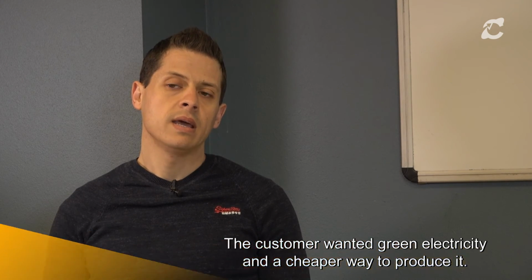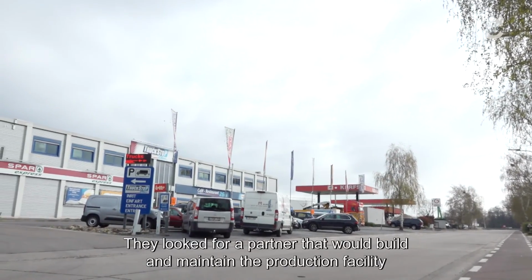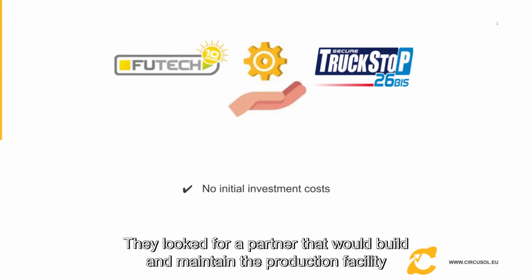the electricity, and was really focused on his core business, what is the truck stop here at the Cloverleaf project. So he was searching for a partner that not only built the production facility, but also maintained it, and so